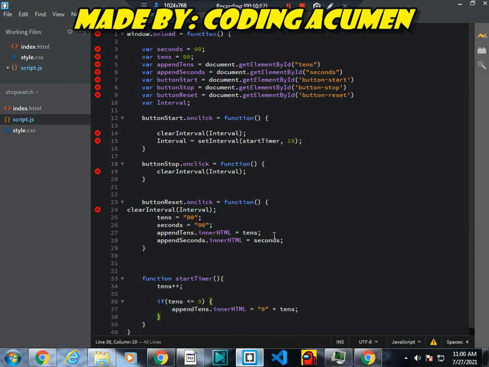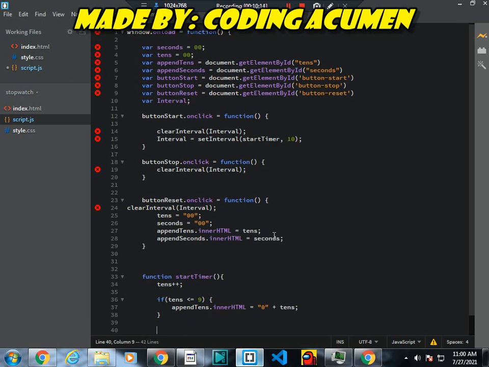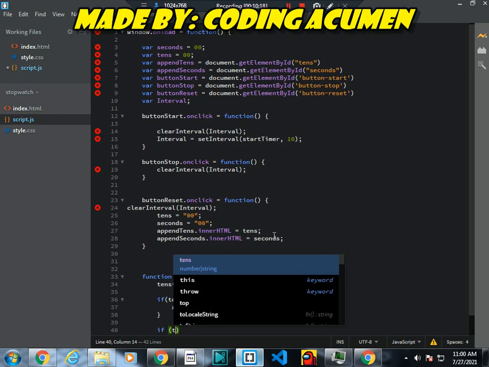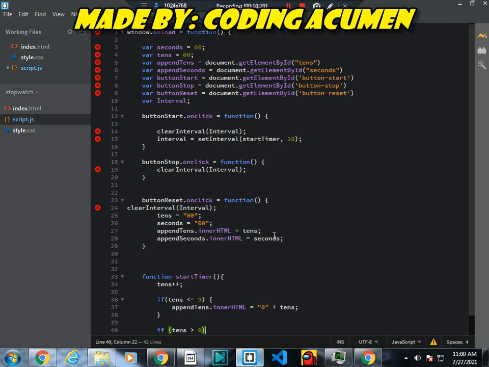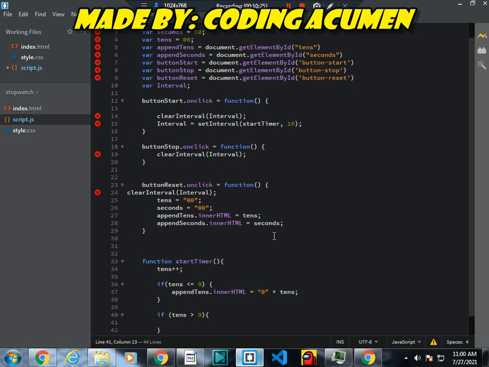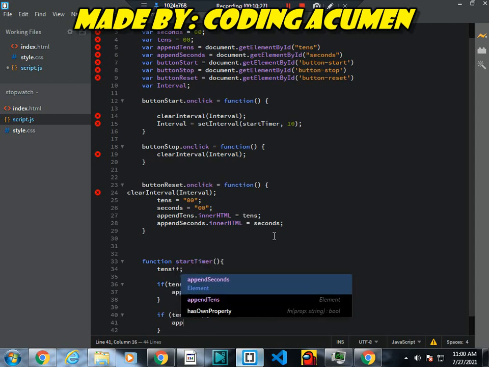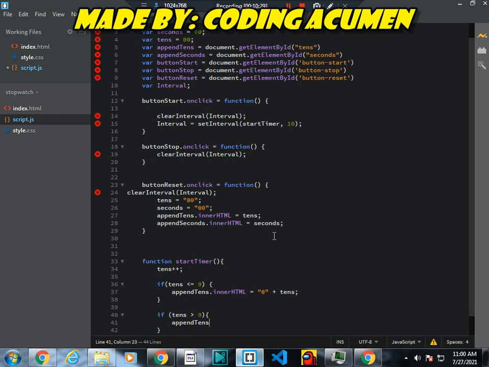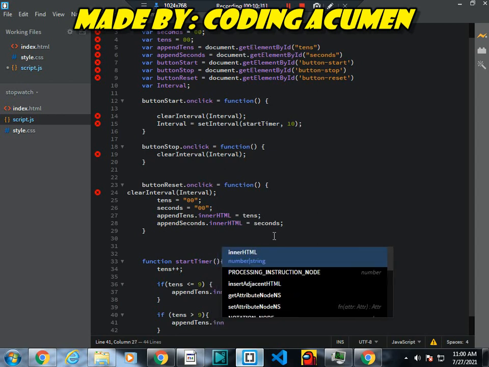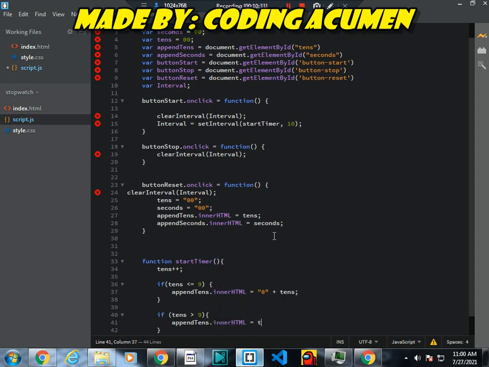After this I will give one line of space, and here I will write if tens greater than 9. After this I will give one curly bracket, and here I will write appendTens dot innerHTML equal to tens.